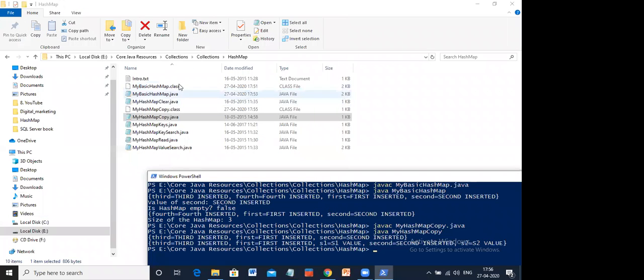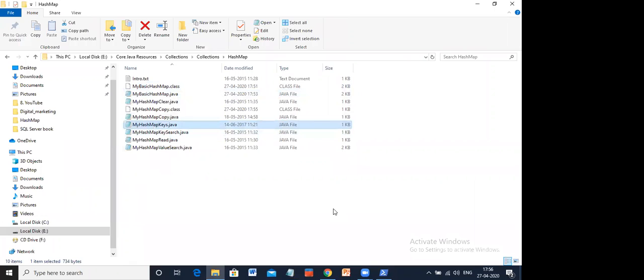Now suppose somebody tells you, we have a hash map collection, and you just help me with only the email IDs of these people. I don't want the names. I only want the keys, not the values. I only want to display the keys. Like in the example we saw, your phone number and your friend's name, you want to only display the phone numbers. So here you can see this example,